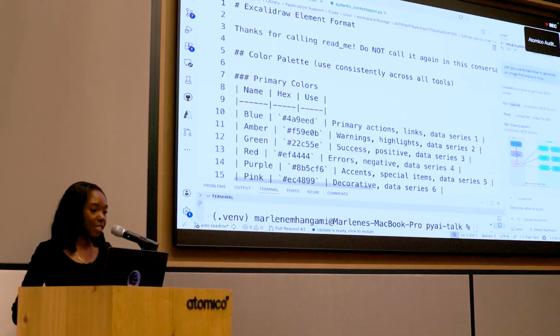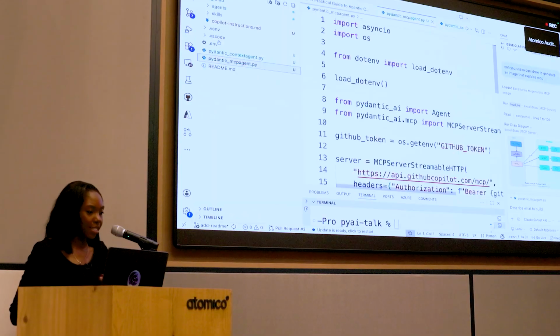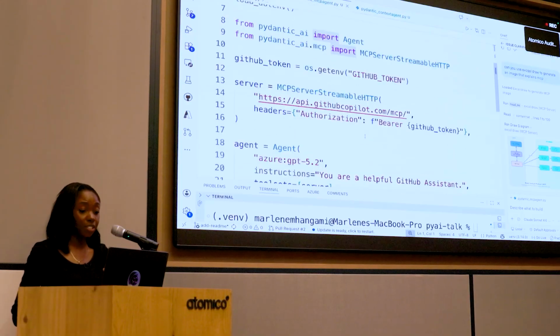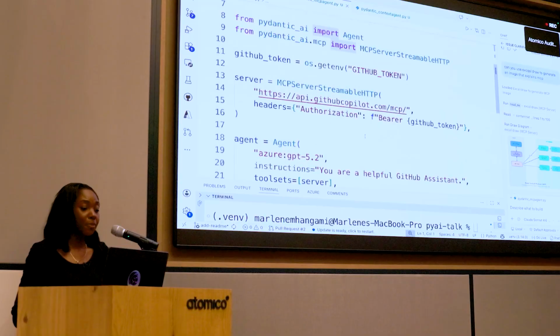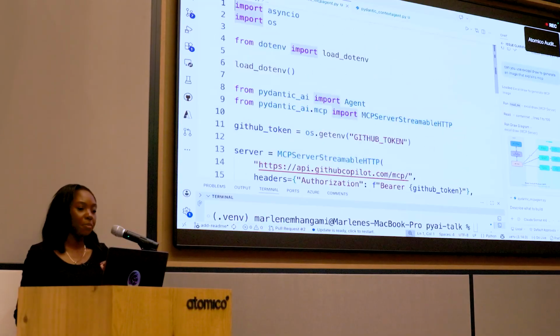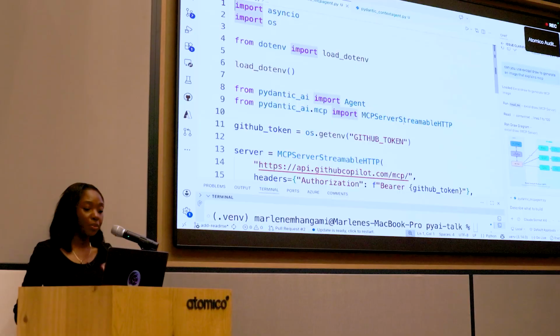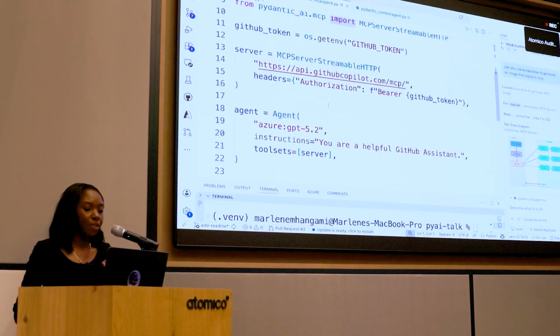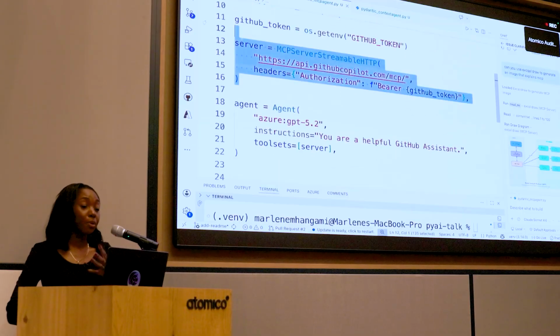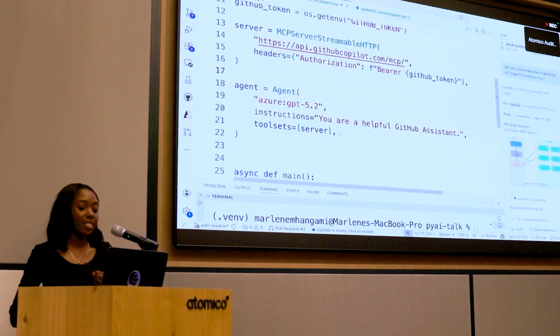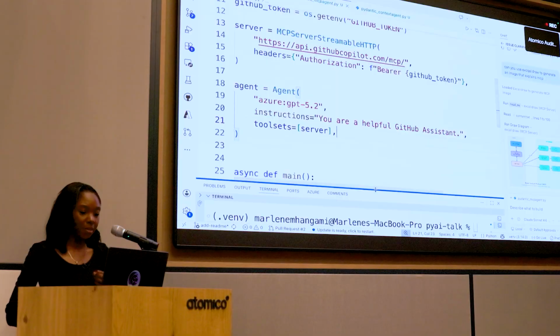So I also have a second file with Pydantic that also connects to an MCP server. So if you want to use MCP directly in your own agent that you want to build for yourself, you can use Pydantic AI. You're going to connect either to a remote MCP server or you can run a local version, and then you pass in the server as a tool. And so if we run this command here,